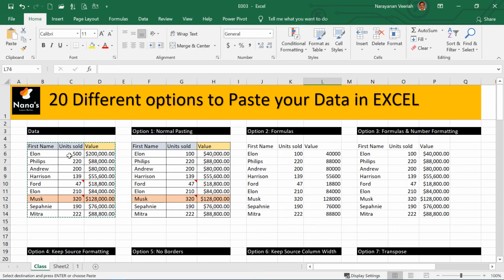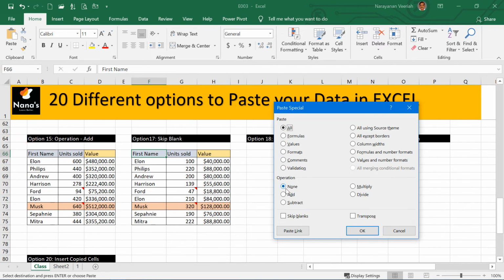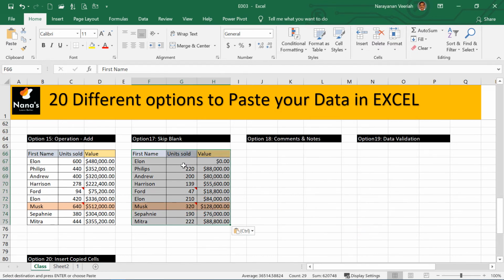Before I demonstrate the other option, let me change this unit sold for the first row as 0. So let me keep that as a blank and then I copy here. I click paste special. Here by default the operation is none. So if I click OK, you see since I have a blank record in the source, the destination also gets updated with a blank when I pasted it over here.